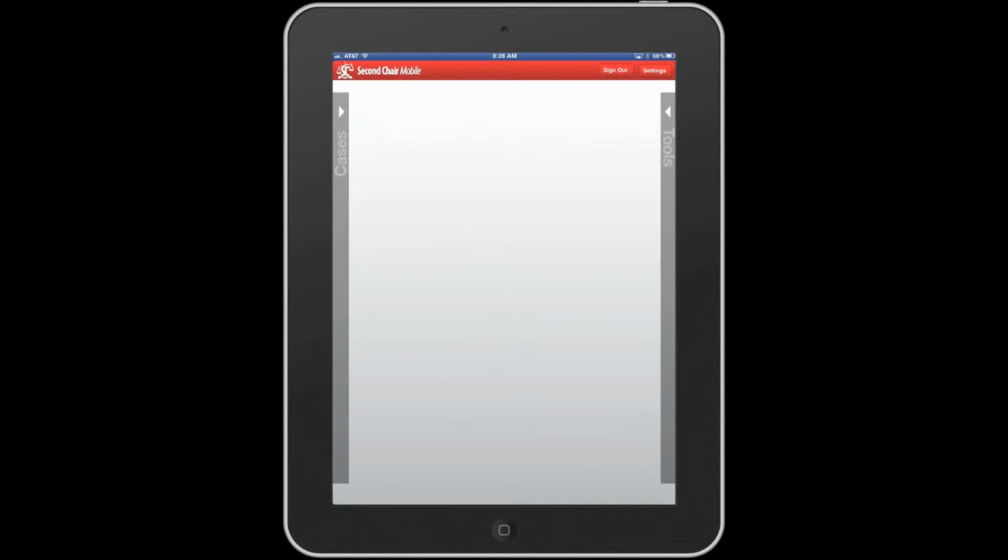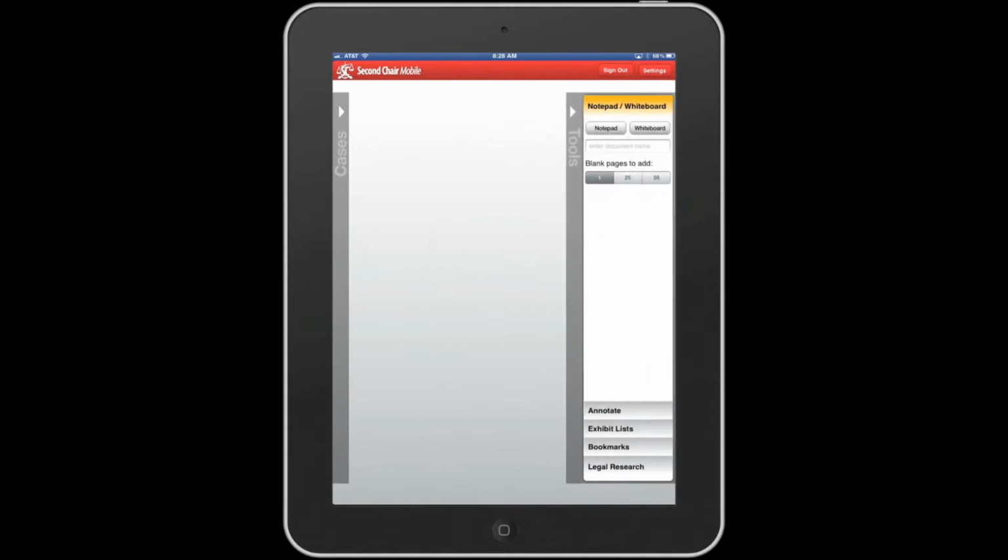This will be a demonstration of the Tools pull-out screen on the right side of the Second Chair Mobile app. If you pull this out by pressing the white arrow, it reveals a window shade of options: Notepad, Whiteboard, Annotate, Exhibit List, Bookmarks, and Legal Research. We'll choose a Notepad,